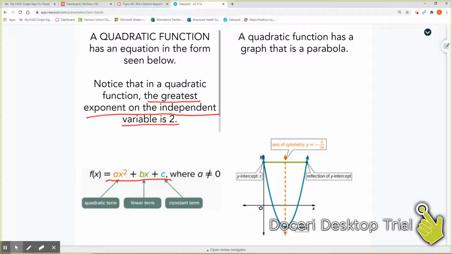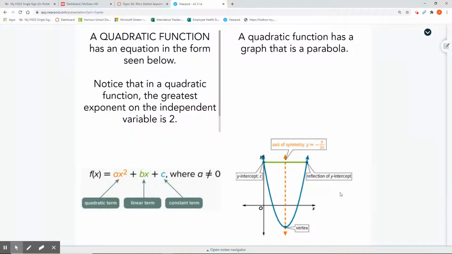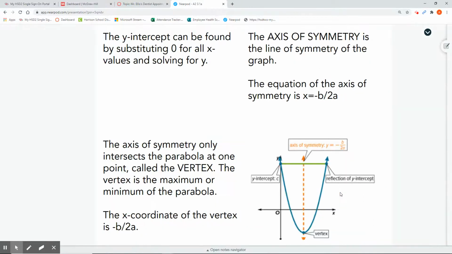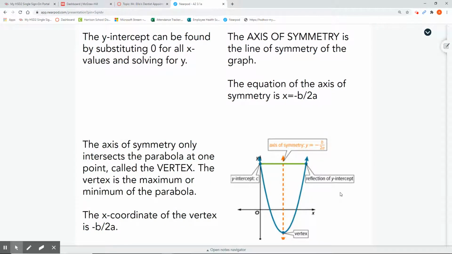and I know it's covered by that Doceri logo, but quadratic functions make this U shape that we see over here. This is called a parabola. Now, the shape and location change depending on the equation, but they should always form this parabola. All right, there are some key characteristics of quadratic functions that we can look at. Namely, the ones that we are going to be focused on for now are the y-intercept,